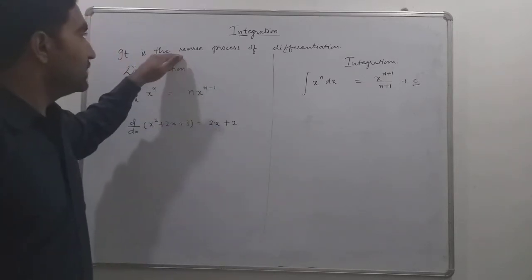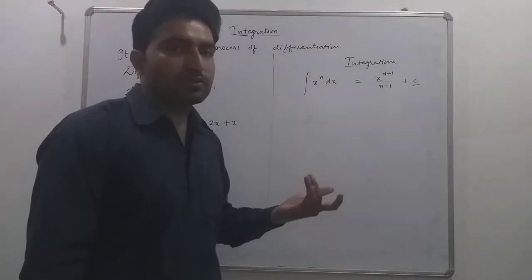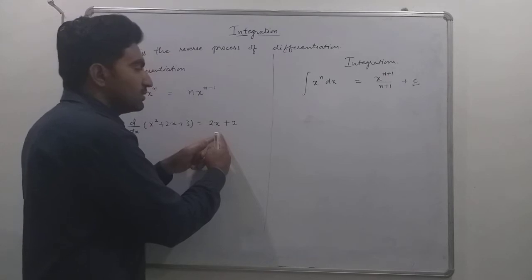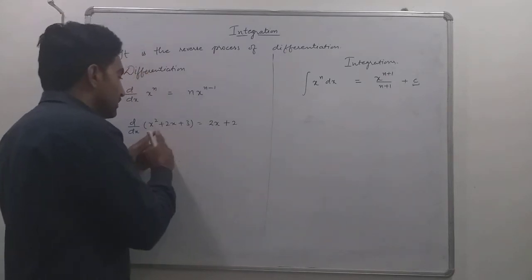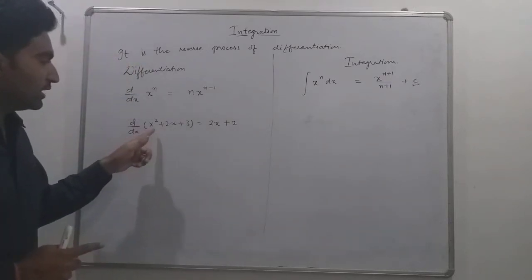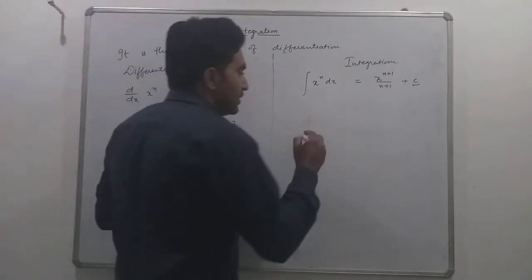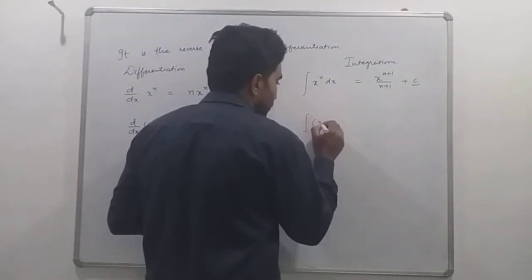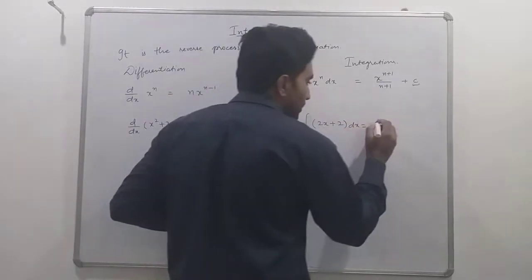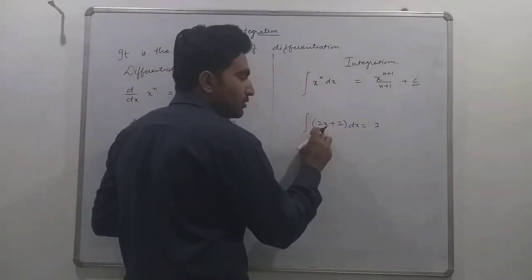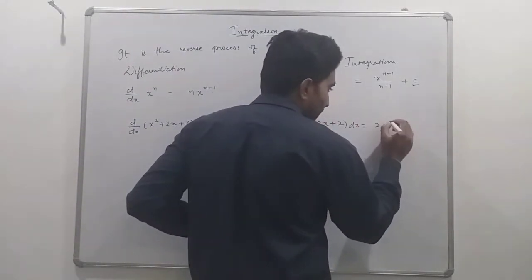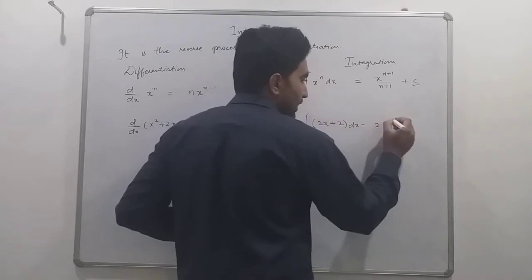While considering the definition, integration is the reverse process of differentiation. If we apply integration on 2x plus 2, then we have to obtain the same term, x square plus 2x plus 3. Let's see, if we are integrating 2x plus 2 with respect to x, then we have 2 as it is because it is a constant quantity. Integration of x, here the power of x is 1, and 1